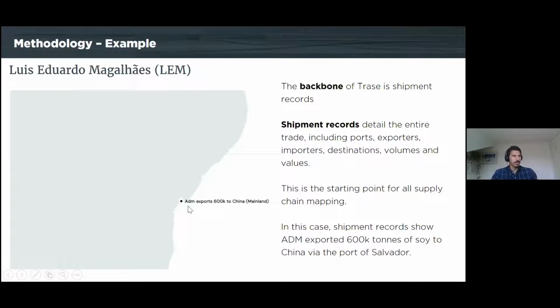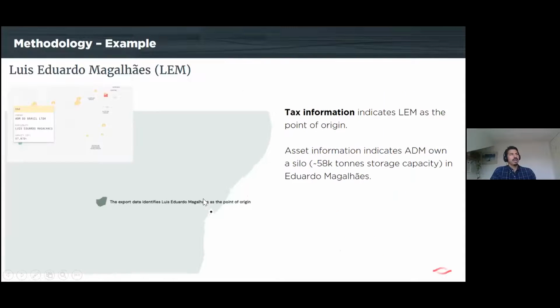So in this case, we saw in the ADM case that it was leaving from the port of Salvador in Bahia in Brazil. Great. Another piece of information in the customs declaration is where the tax for that commodity was paid, which links us back to the municipality where the commodity was last stored or processed. So we can use the tax codes to link that ship back to a processing or a storage